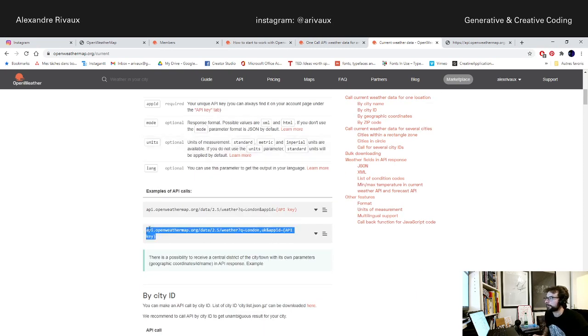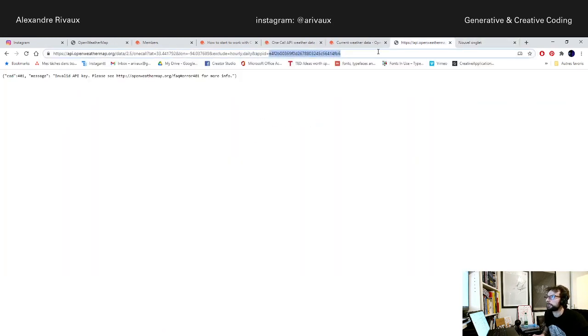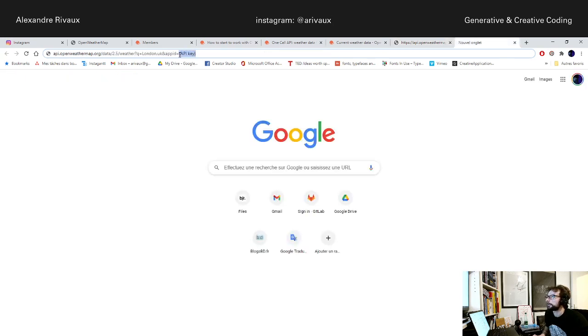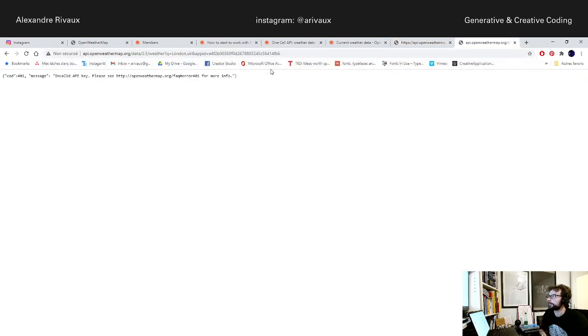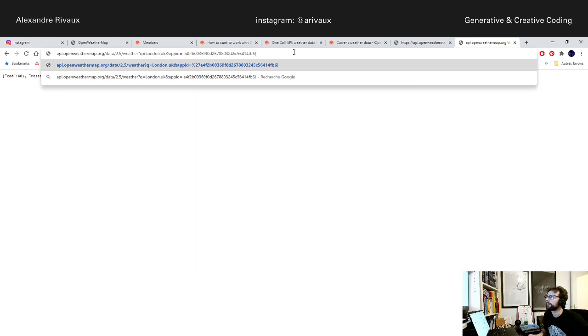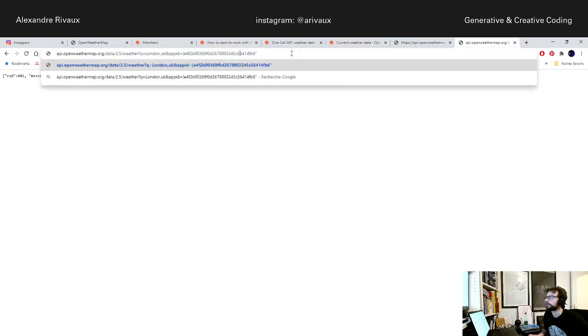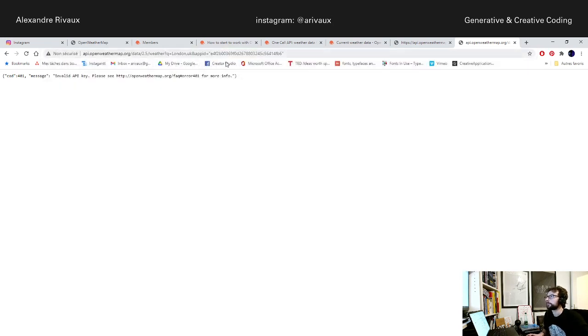London, for example. This, and my API key is this. Invalid API. Why? Do I need to provide something in another format? This is really strange. This API key is valid, but it doesn't give me any